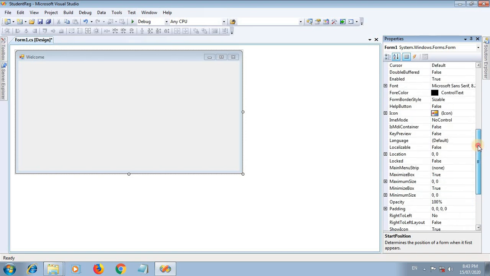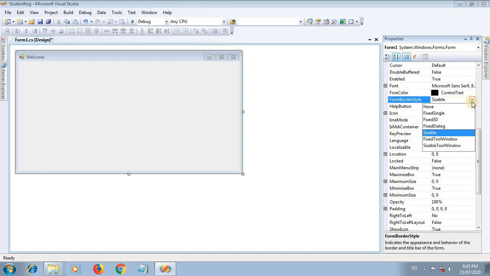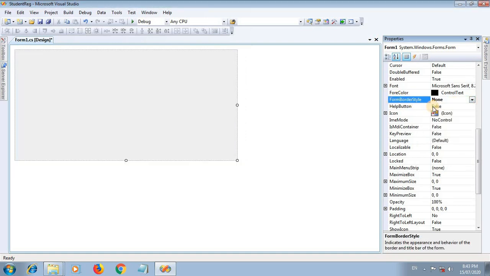Go to the next property, the form border style. I am setting the form border style to None, which means I am not providing any border to the form, so there are no minimize, maximize and close buttons.